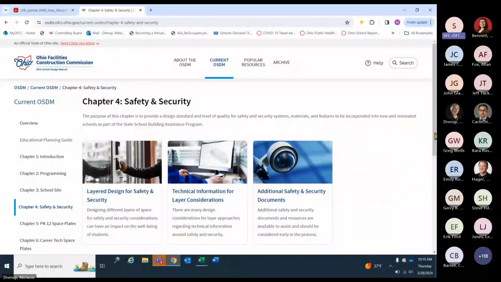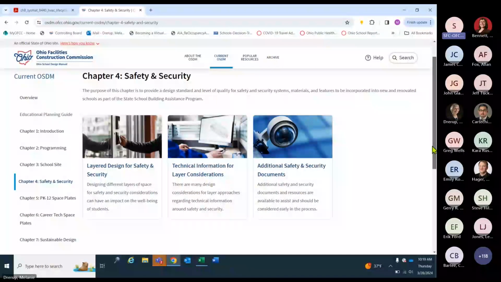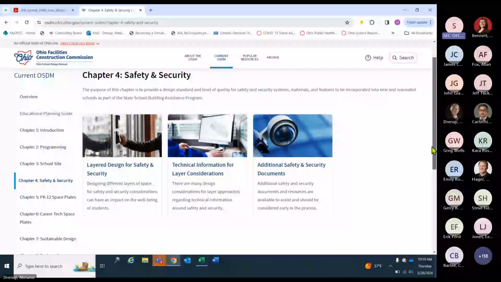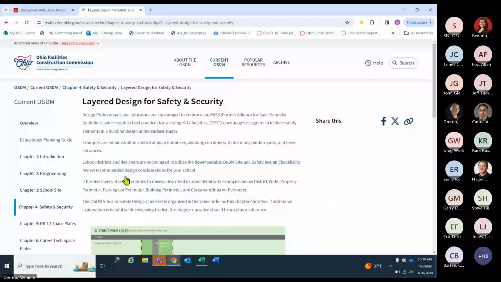We're going to take a look at the layer design. Those layer design topics include information on past Partner Alliance for Safer Schools guidelines, and then CPTED, crime prevention through environmental design. A link is provided for the site and safety design checklist to assist in the design of a safe and secure school.